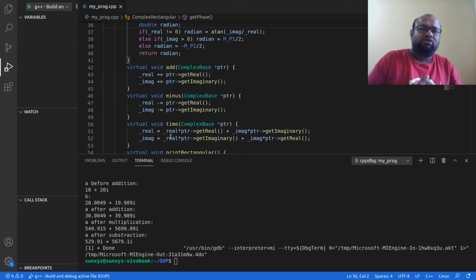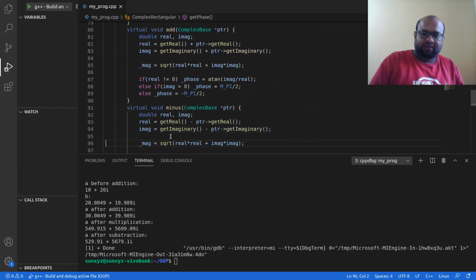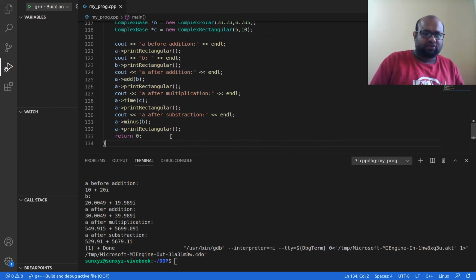Had the parameter been complex rectangular, then I could not have sent a complex polar object. But because the parameter is complex base, the parent of both complex polar and complex rectangular, I can send any of these.